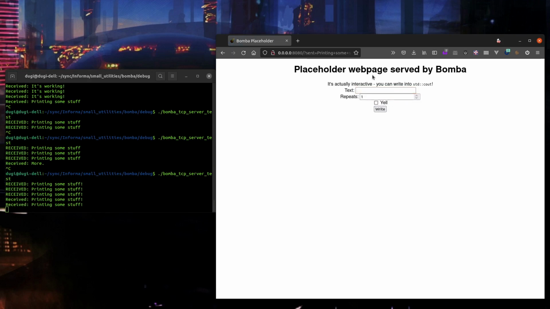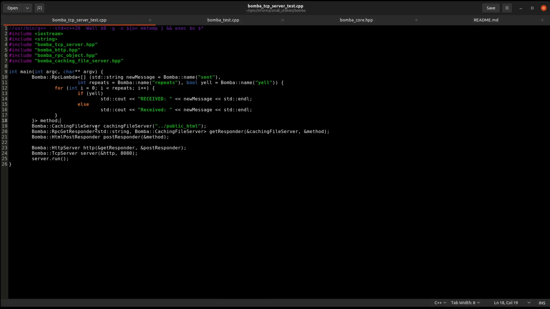Plain HTML does not provide a good way to show a reply, so the only thing it can do is to display a new page. Trying to serialize the response into an HTML template would lead to some sort of PHP clone, so I decided not to deal with showing a response for now. Here is a piece of code that provides an RPC method and a web server to allow displaying a formulary